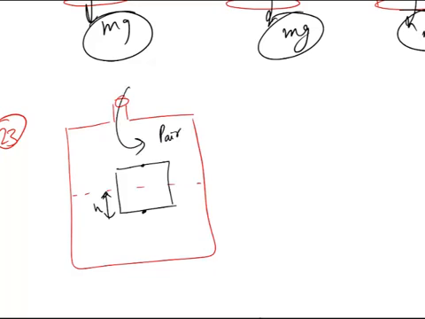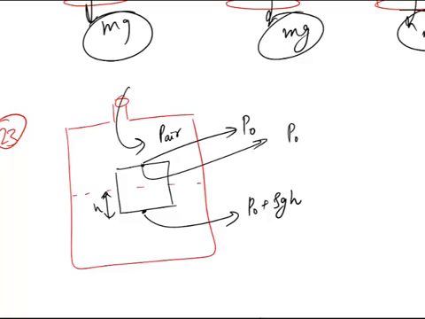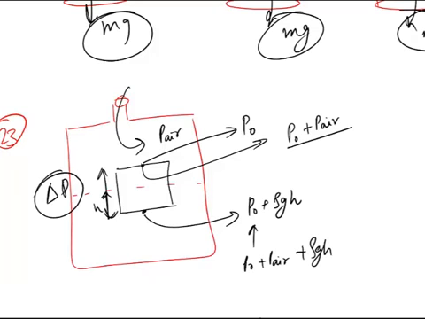air inside, right? So let's say there was initially P0 pressure. So here the pressure would be P0 plus rho GH. Now if we increase the pressure from P0 to P0 plus P air, here also pressure will get increased to P0 plus P air plus rho GH. So the delta pressure between these 2 points is exactly the same. It's not changing. And as it is not changing, the amount of wood which is inside the water will also